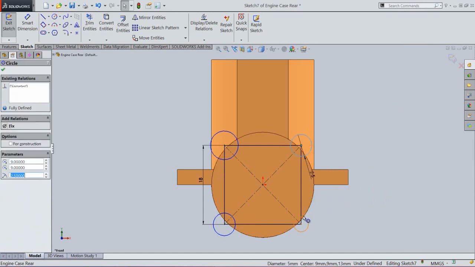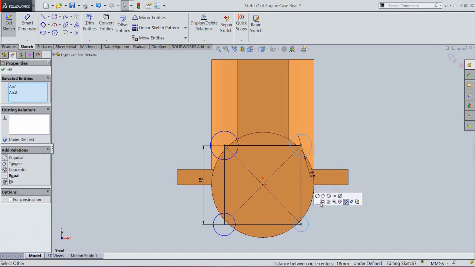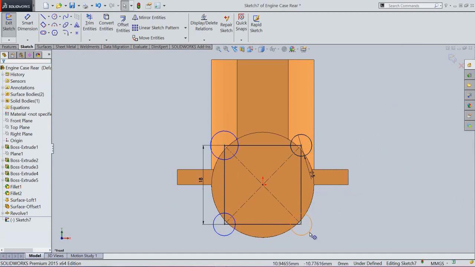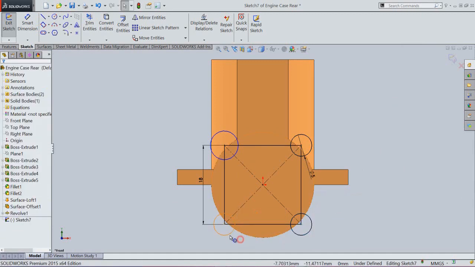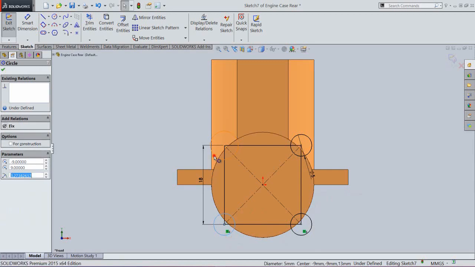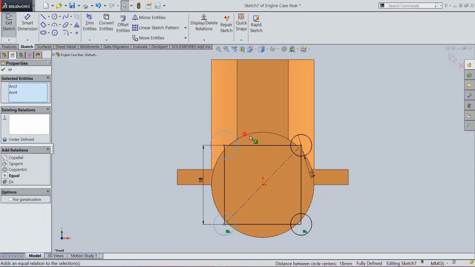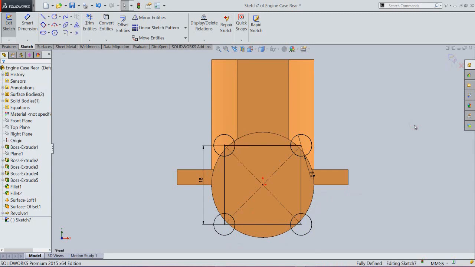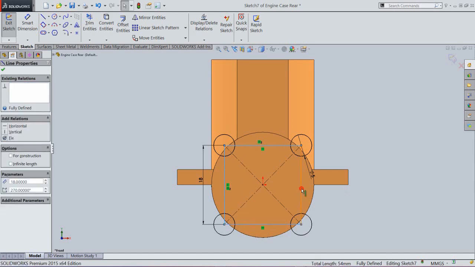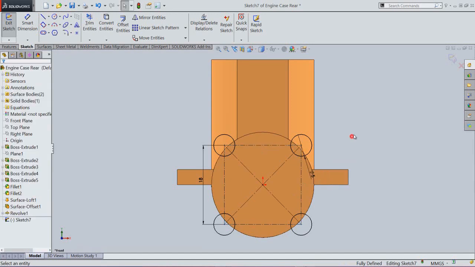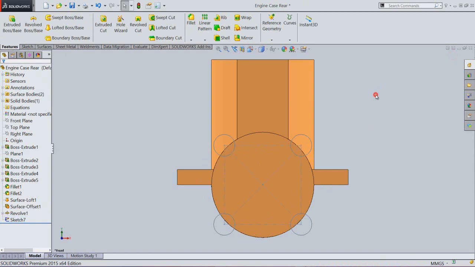Select these two circles and apply equal relation. In the same manner, create another equal constraints between these two circles. OK. Now my sketch is fully defined. Select the rectangle and convert it to construction geometry.